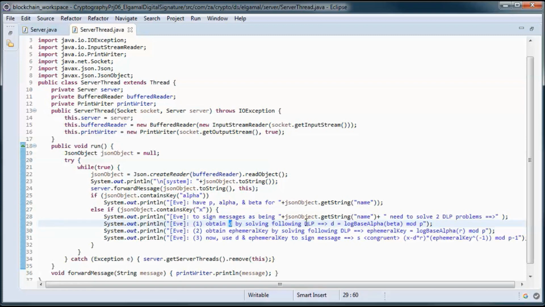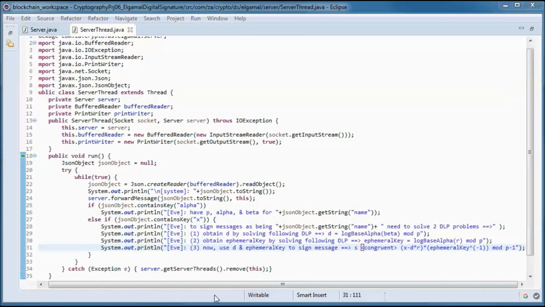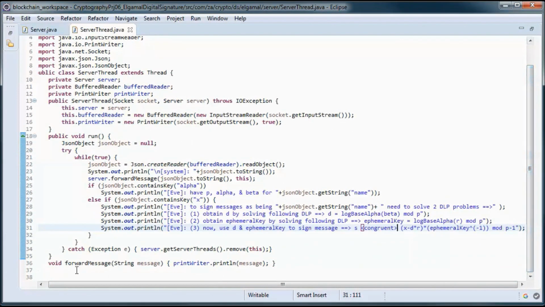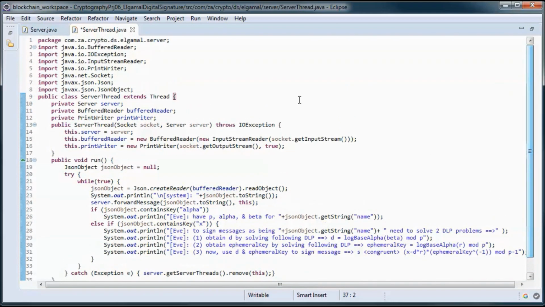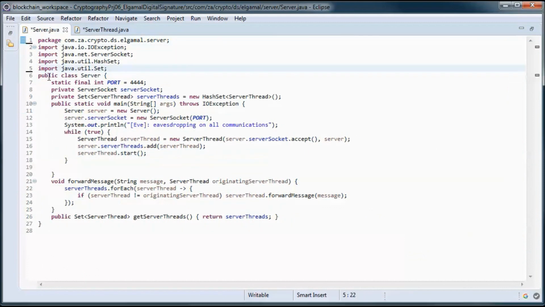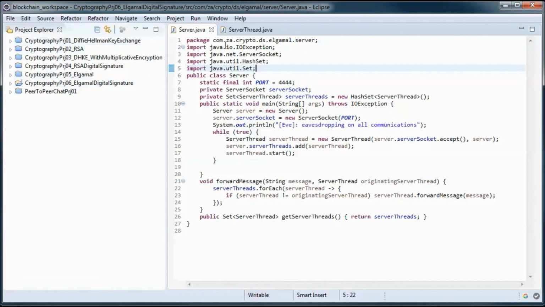So she would obtain D by solving this discrete logarithm problem, log base alpha of beta in mod P, and she would obtain the ephemeral key by solving this discrete logarithm problem, log base alpha of R in mod P. So this should do it for the server side.